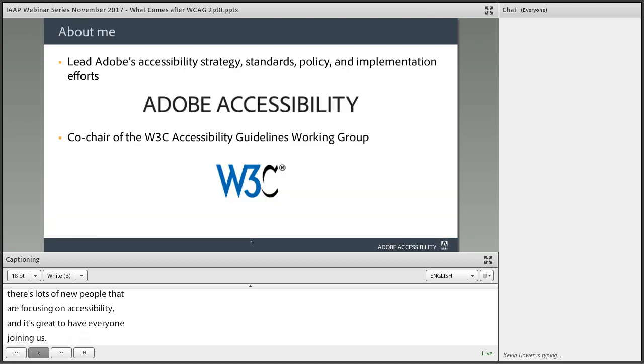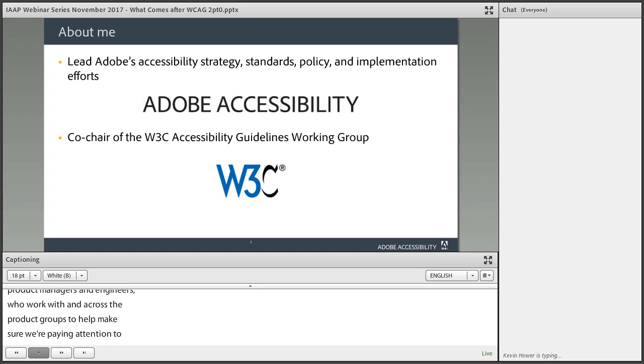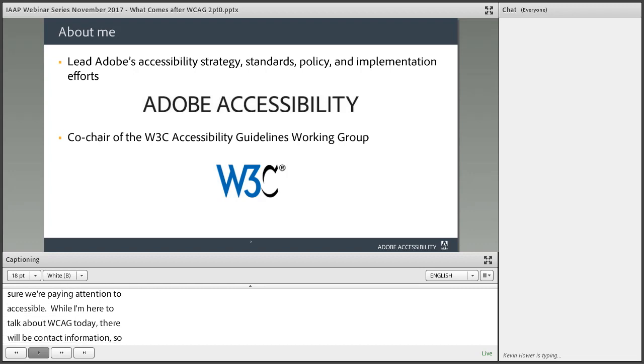So, as Kevin said, I'm in charge of Adobe's overall accessibility efforts, strategy, standards, policy, and implementation. Adobe has a team of people, product managers and engineers who work across our product groups to help make sure that we're paying attention to accessibility. So while I'm here to talk about WCAG today, there will be contact information. So if you have questions that are about Adobe's tools or products, we can help direct you to the right